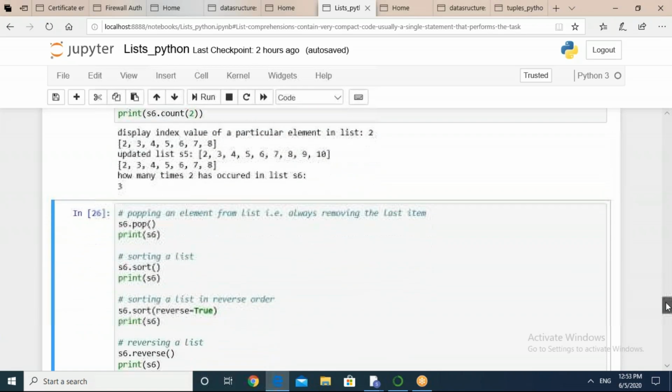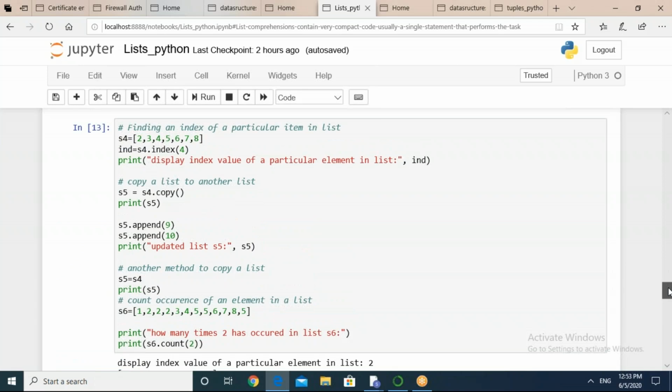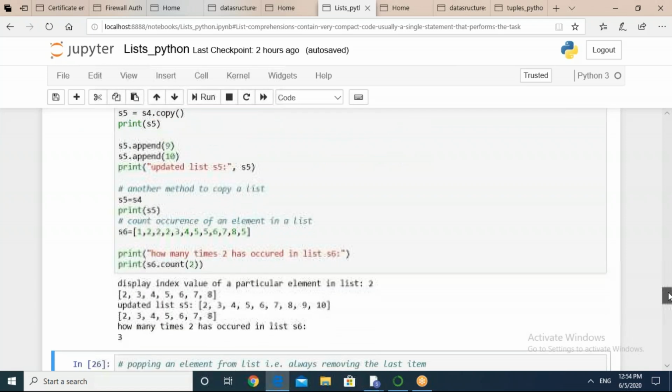So in this manner, we have covered some of the very important aspects, like how you can go about indexing, how you can copy the things, how you can append or remove the things, popping the item from your list at the end, and concatenation of list we have done, and counting the number of occurrences of an item has also been covered. So let us move ahead.